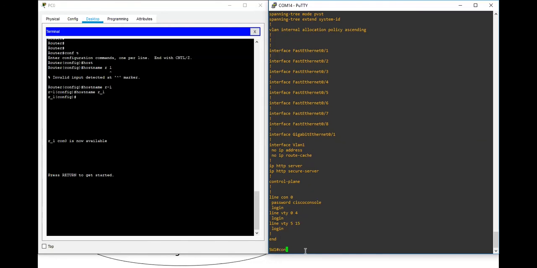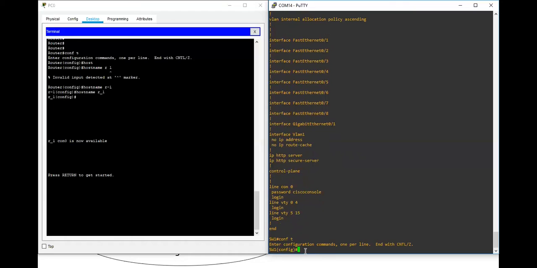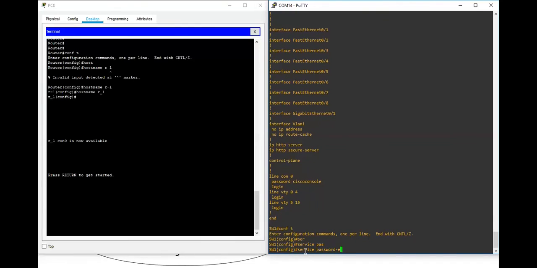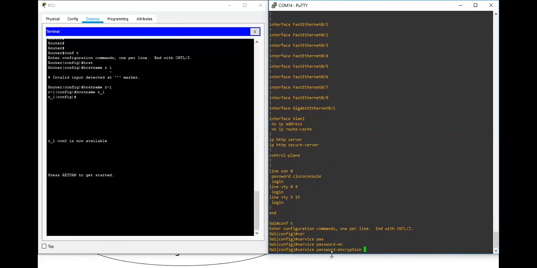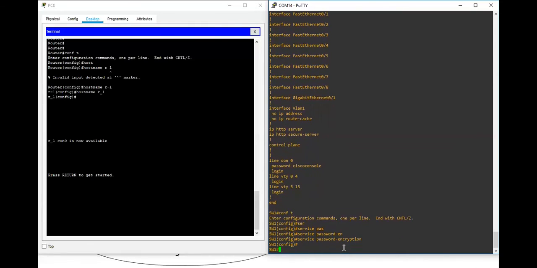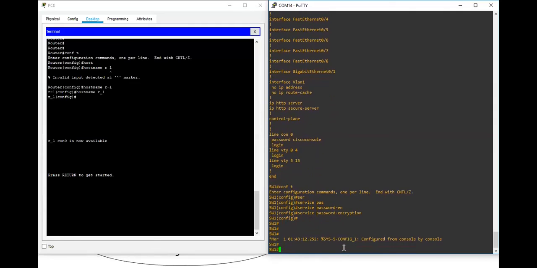So I go to global configuration mode. And on that prompt, I use the command service password-encryption. So it's service, space, password, hyphen, encryption. So once I put this out there and I hit enter, what I've done is I've basically encrypted all my passwords. So if I go out again to the privilege mode and I type the same show running-config